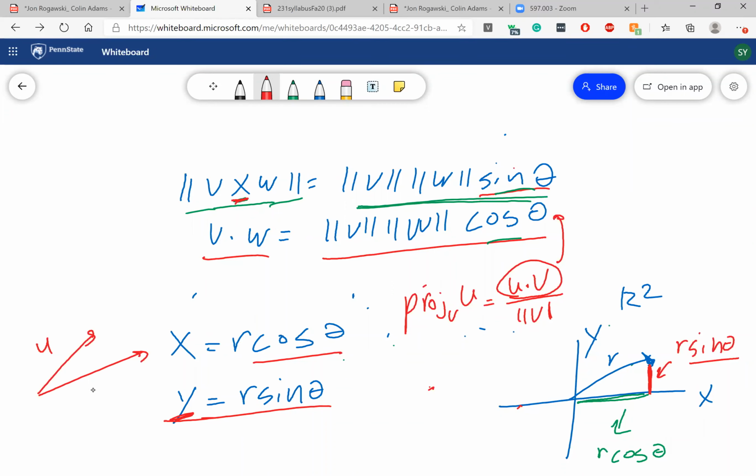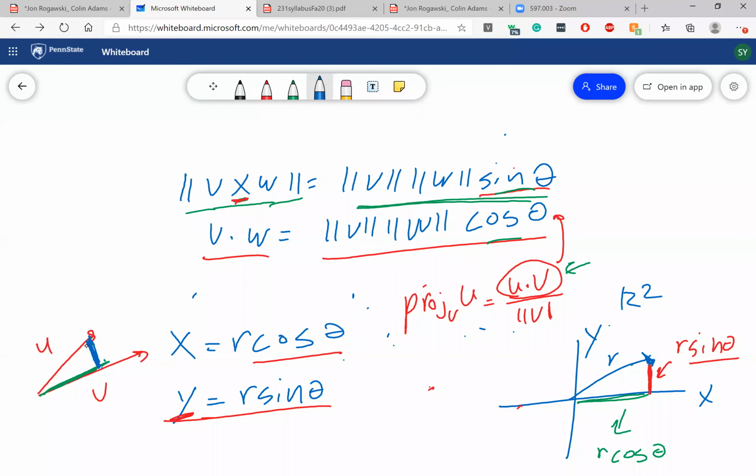so here's u and here is v. If we want to find this projection over here, well, that's kind of like finding the x coordinate. And so we can use our dot product to do that. But if we wanted to find the height, we wanted to find this over here,